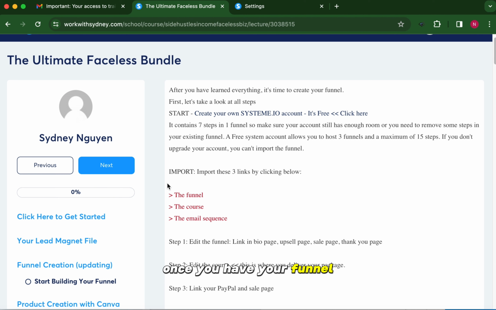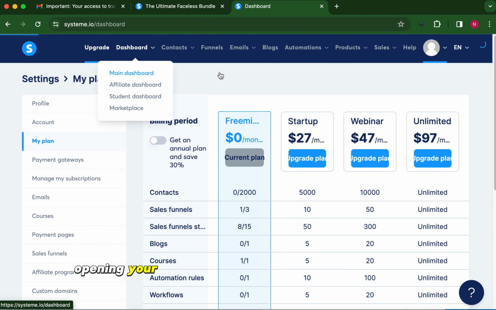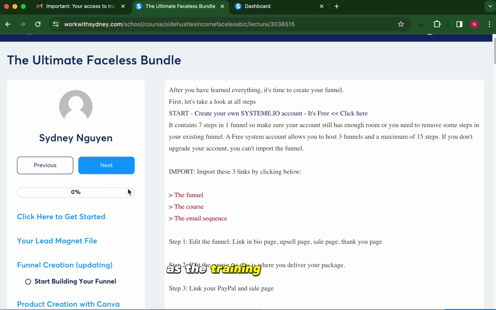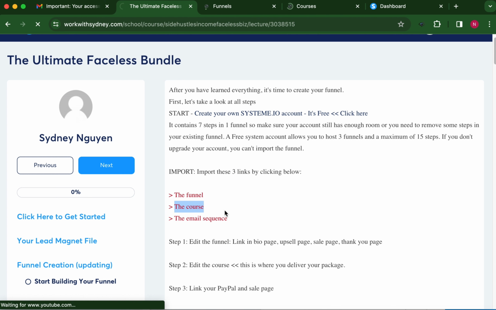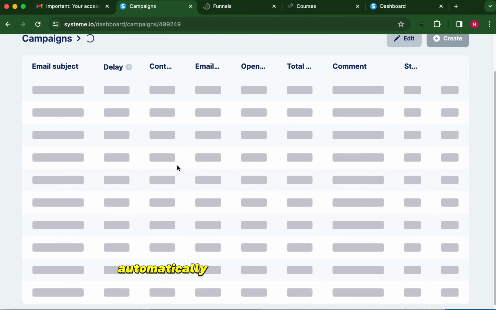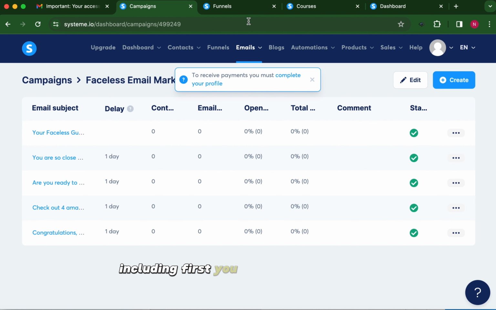Once you have your funnel, you can click on these 3 links here so that you can import your funnel to your systeme.io account. Simply make sure that you are opening your systeme.io account on the same browser as this training right here, so that you can just click on 1, 2, and 3. Click on these 3 links and they will automatically import everything for you, including first you can check the funnel